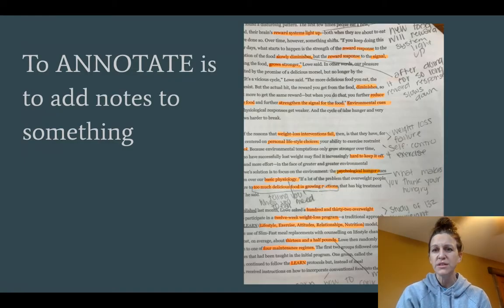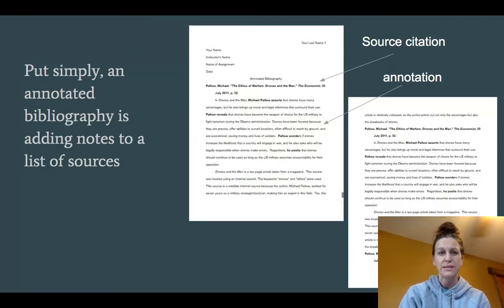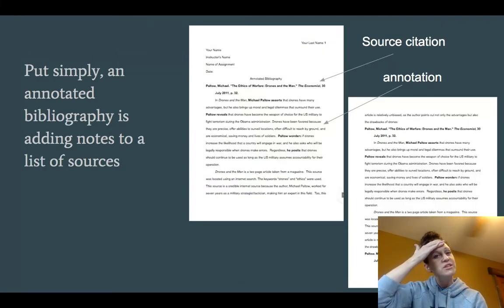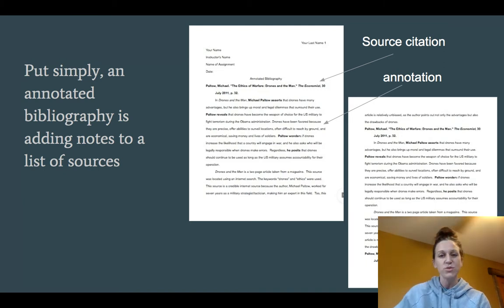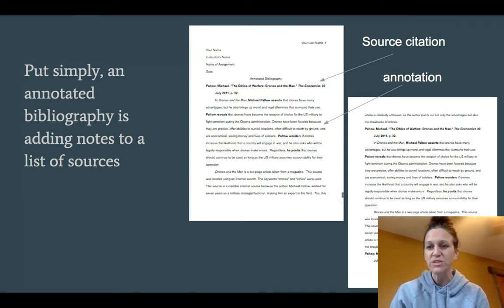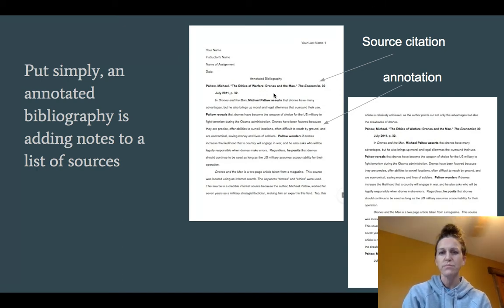Now, you learned this year in ICRW that to annotate means to add notes to something. So this is an example of adding notes to something. You've done this many times. Now, what you're going to do is you're going to combine a list of sources with the adding notes in a very formal way. So what you see on your screen here are a couple pages out of an